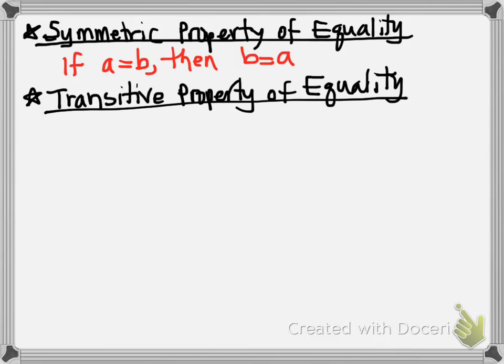Okay, and this property I like a lot because I think it's just kind of cool. It basically says if we have two sets of equations that we know to be true, so if A equals B and B equals C. And what you should notice about these two equations is that they have a B in common. So if I took that second equation and wrote it underneath the first equation, like this, there's this overlap with